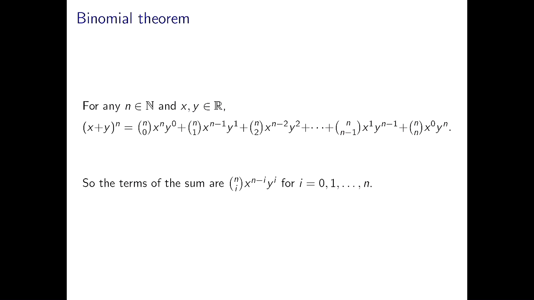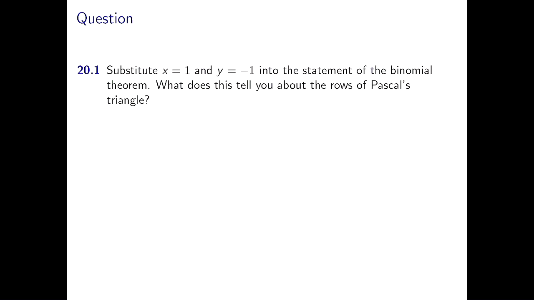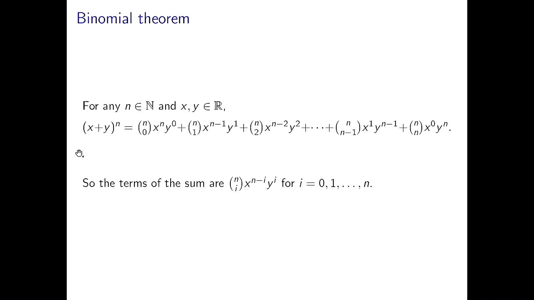So it turns out that with the binomial theorem, we can prove a bunch of other cool patterns about Pascal's triangle just by making some substitutions. So the notes tell us how to do a couple of these, the questions in the notes. So let's substitute in x equals 1 and y equals -1 into our statement here, right? Because remember, this holds for any real numbers x and y. Right, so I'm just going to choose x to be 1, I'm going to choose y to be -1.